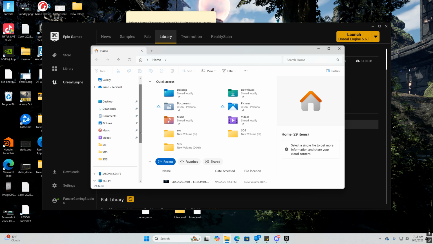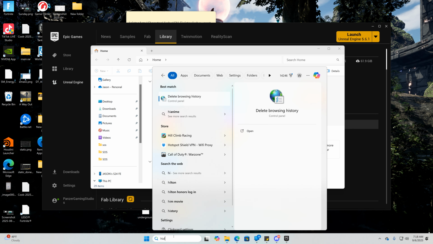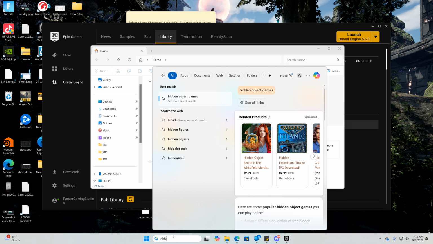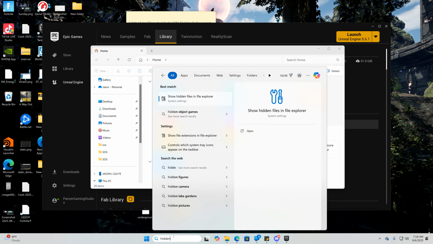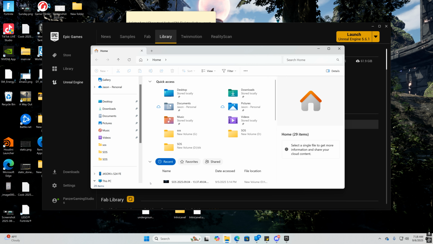go to your control panel and go to hidden folders. If I can spell correctly. Still my first cup of coffee of the day. I would do hidden folders. Well, it's in here. This is Windows 11. So I would just Google Windows 11 how to find hidden folders. Follow that. But anyway, once that's done,